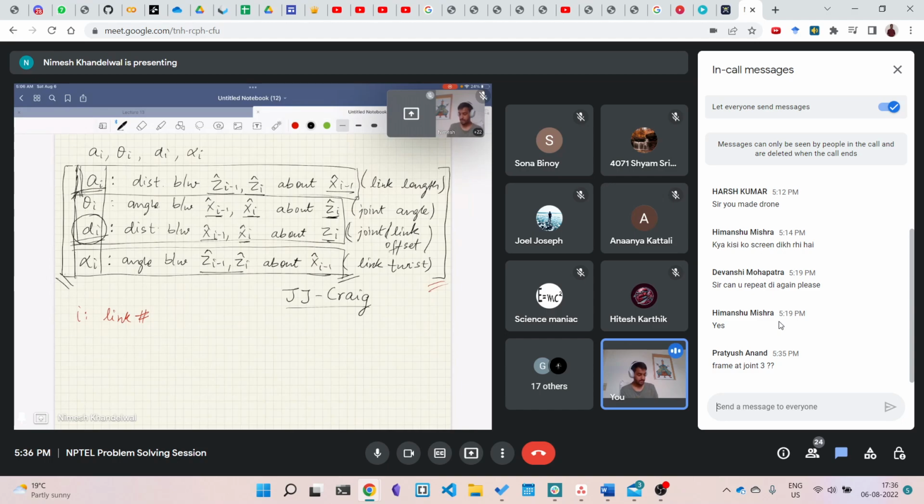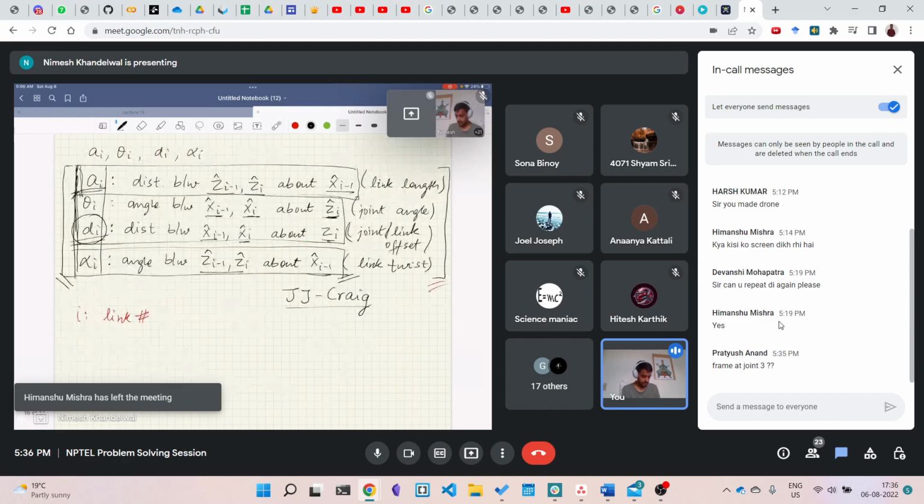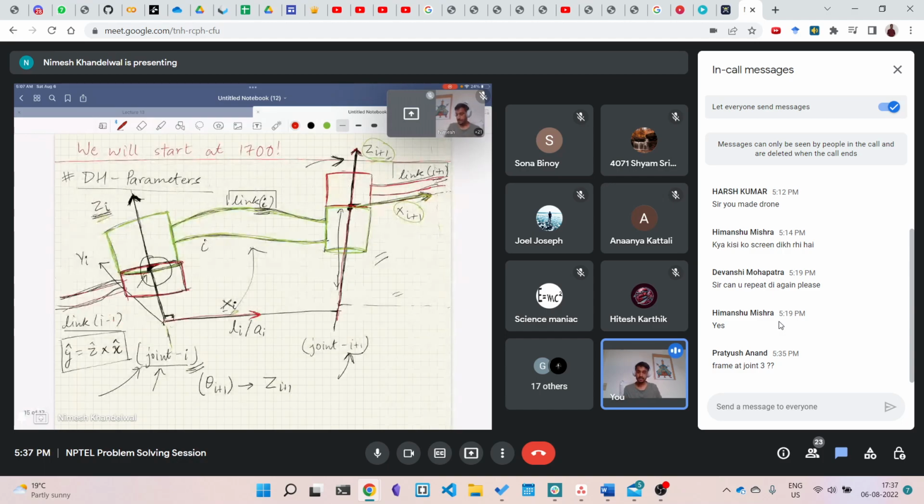But you can see that any of these parameters can now change. We had set these axes assuming only revolute joints, but since any of these parameters can change, I can change this di to make it a revolute joint, and I can fix this theta at an angle. Then it becomes a pure prismatic joint. There is no revolution there. But I needed revolute joints here to fix these Zi's,